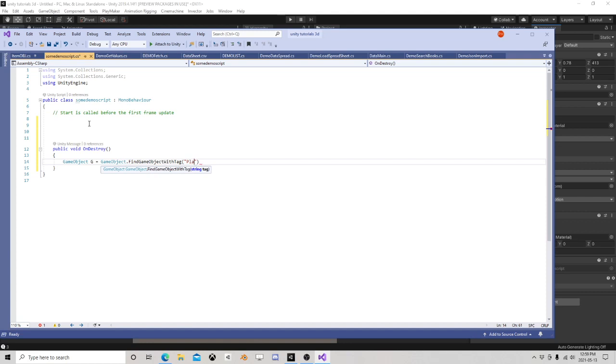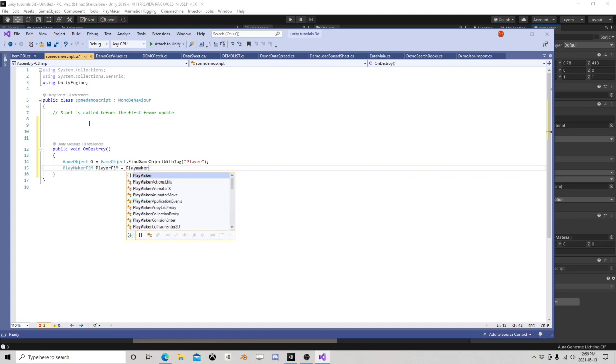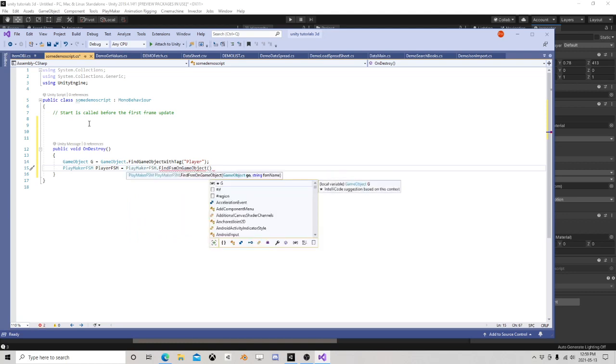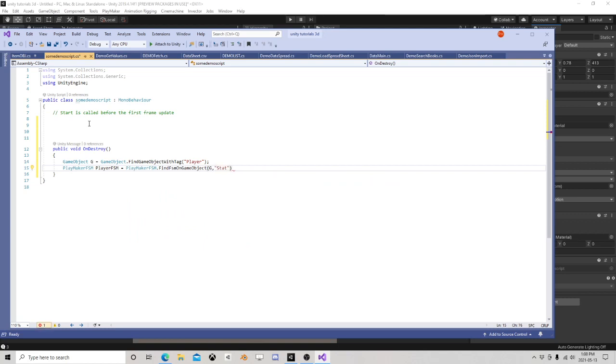Let's find a tag player, and then PlayMaker FSM player FSM equals PlayMaker FSM dot find FSM on game object, and the game object is G, and we know the name is stat, and player FSM dot